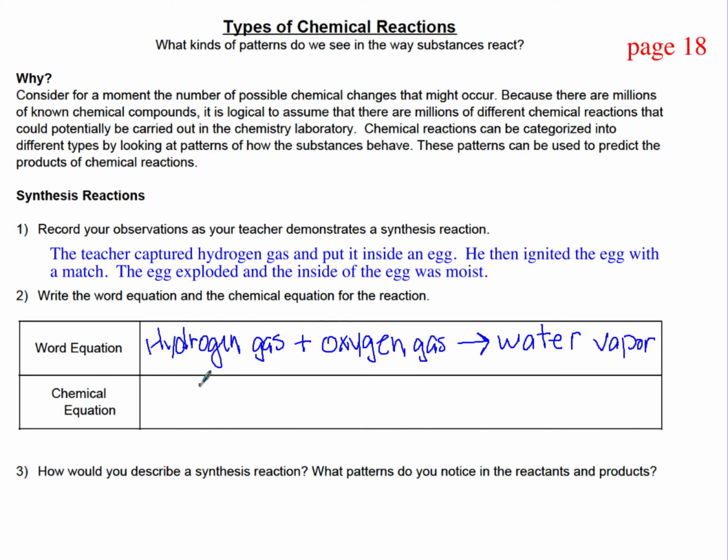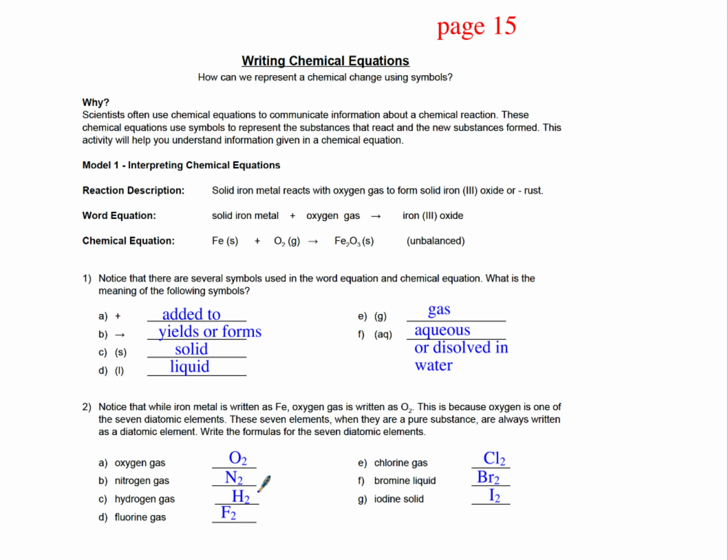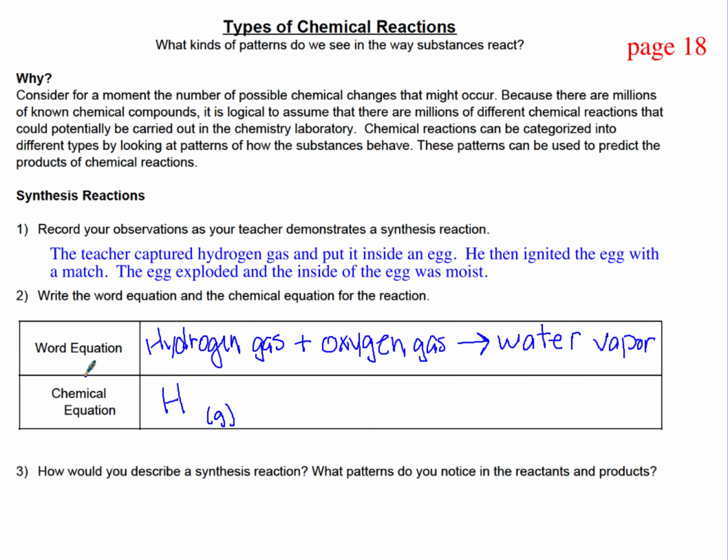All right, and so here the chemical equation, hydrogen gas is H with a little g. And if you remember back to our Brinkelhoff talk, we said hydrogen is one of them that has to exist as H2. So it looks right here, H2. We have to make sure we put in the H2 part. So we have to have H2 gas plus